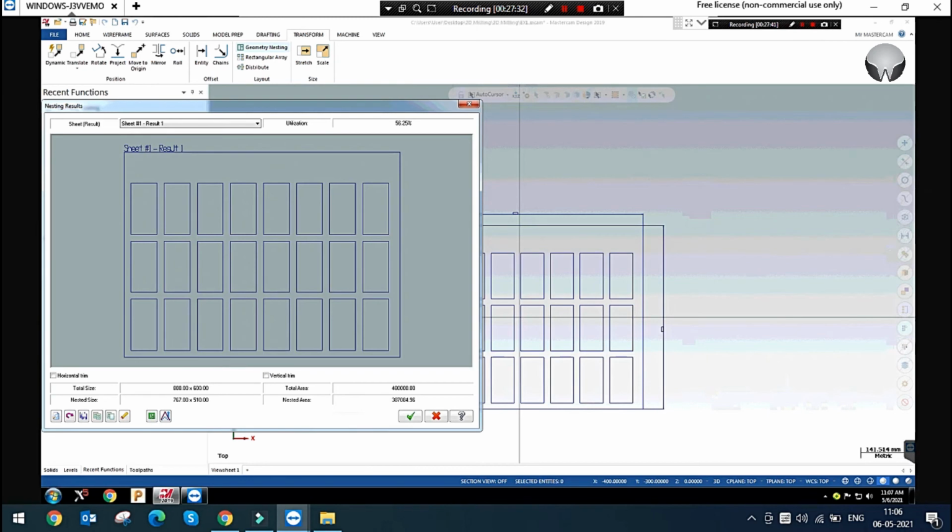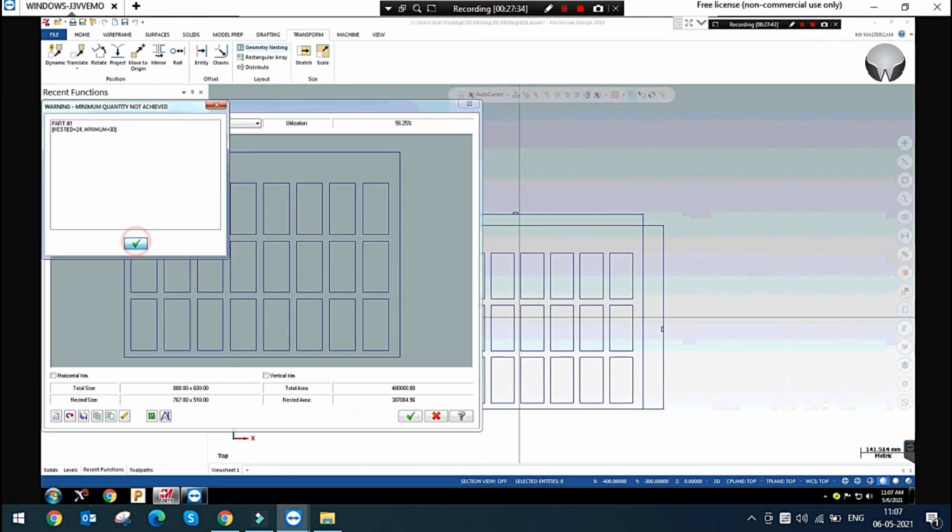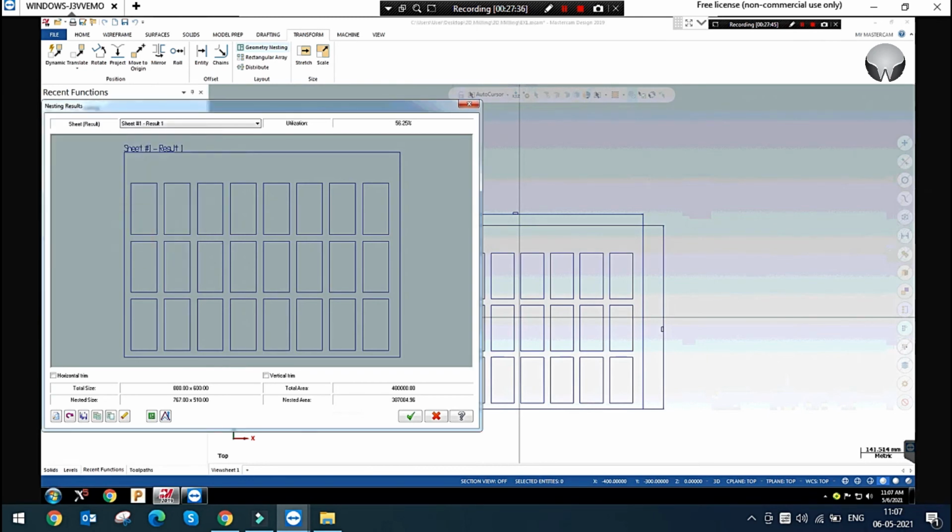You can see it has been nested. Original solid means step 5, 3D design.